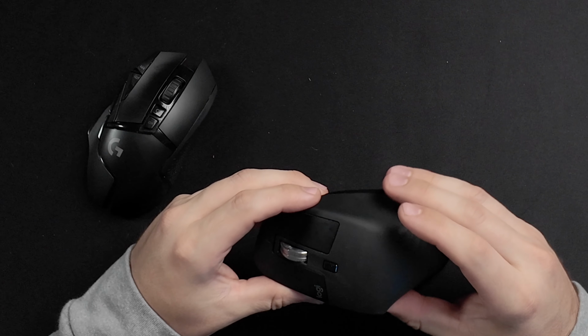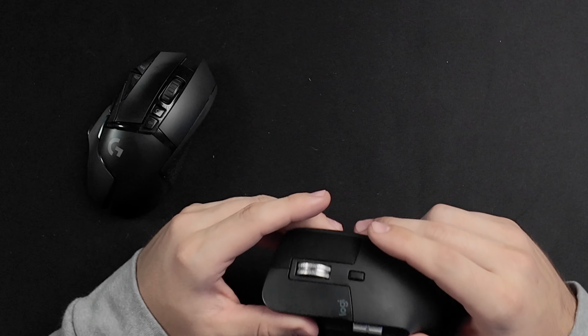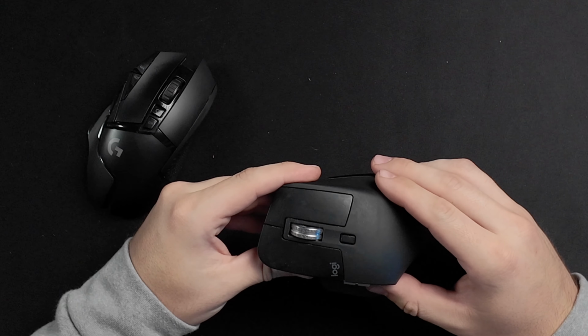I loved the MX Master original, and I originally used that for video editing early on, and I thought I would love the MX Master 3 when it came out. The MX Master and then MX Master 2 and 3, you know, I bought all the iterations. And for a lot of the reasons I love this mouse, I started liking the G502. I got the Lightspeed just because wireless, you know, and to be honest, Logitech's Lightspeed adapter is basically zero